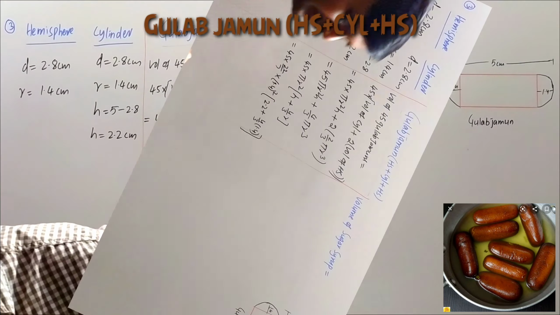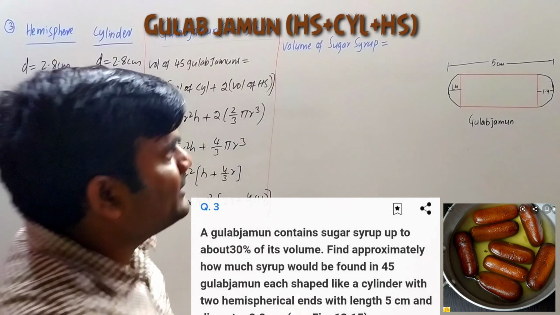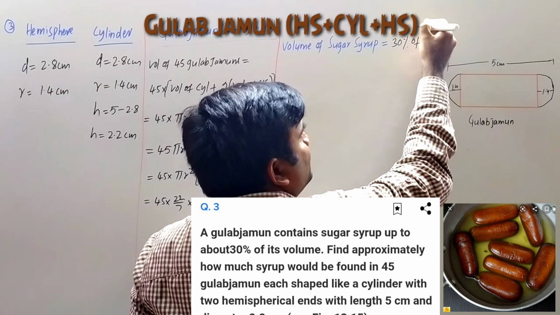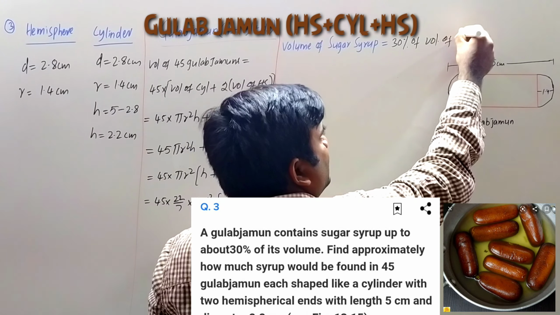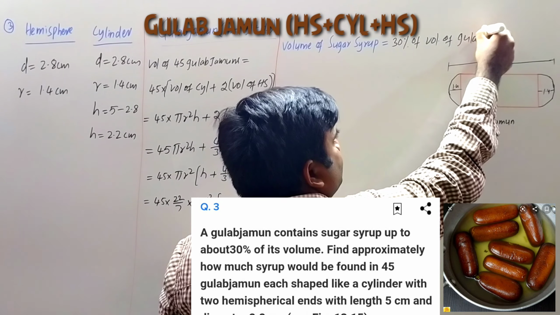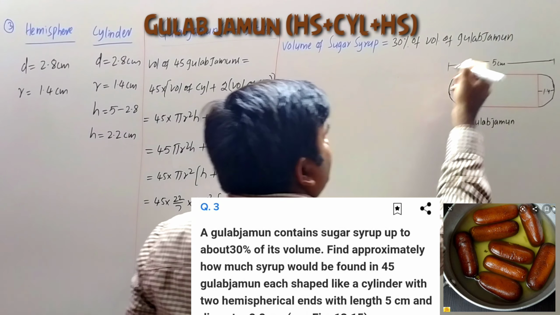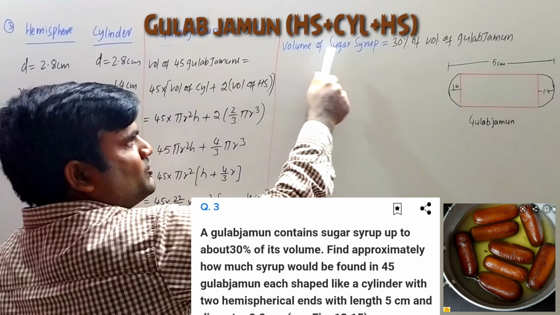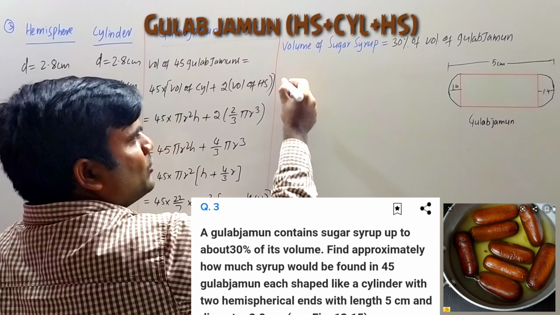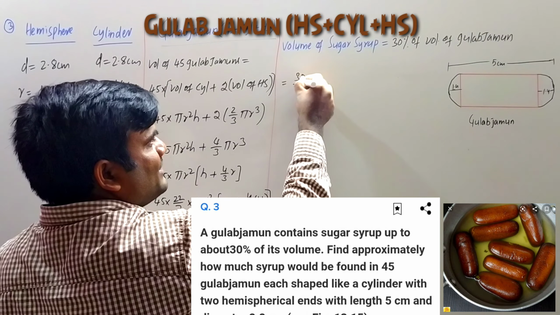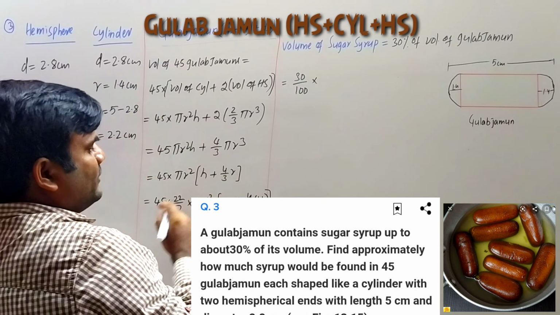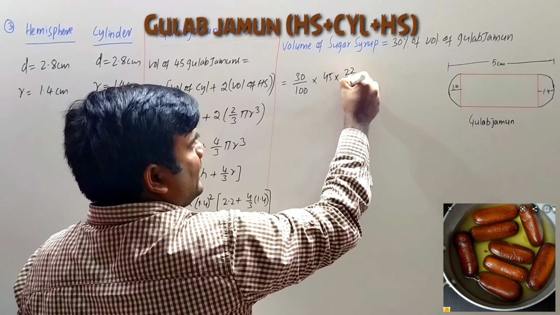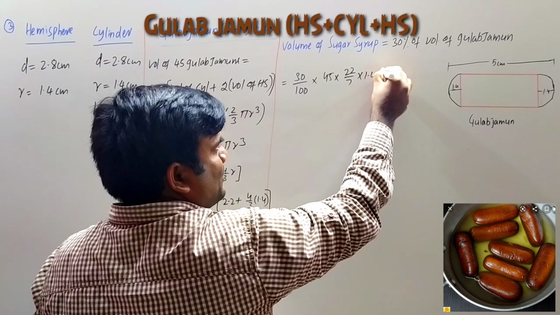The volume of sugar syrup is 30% of the volume of the gulab jamuns. So the volume of sugar syrup is equal to 30% volume of the gulab jamun, that is 30 by 100 into 45 into 22 by 7 into 1.4 into 1.4